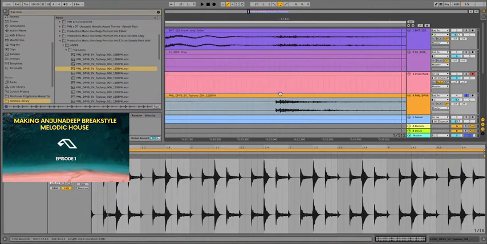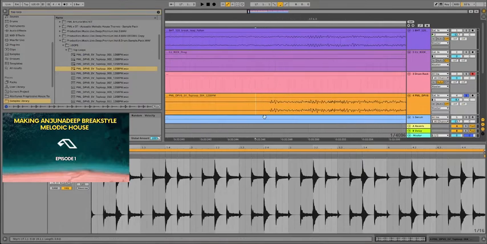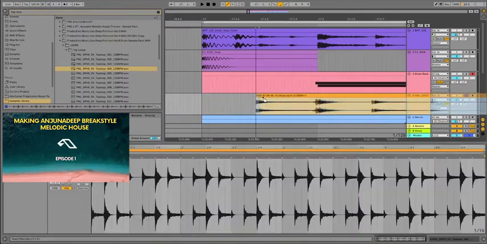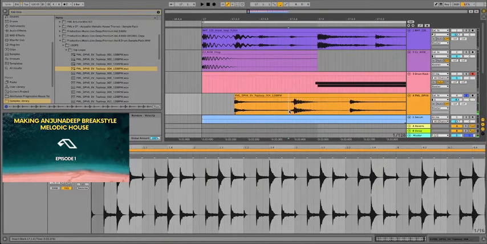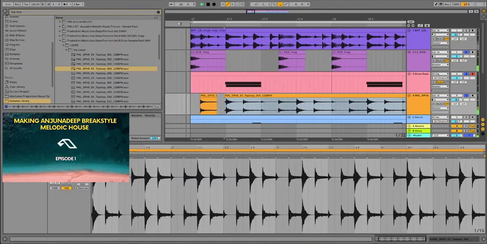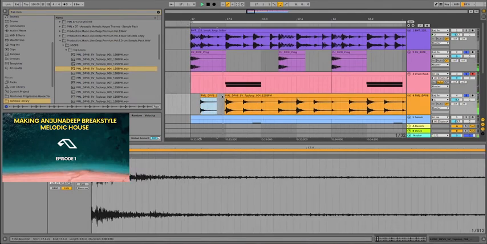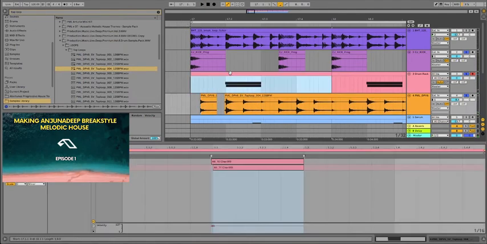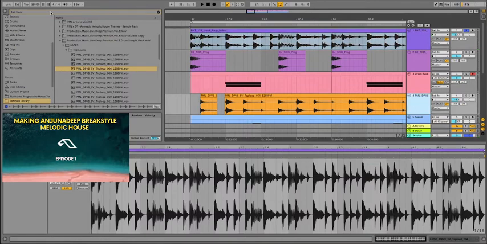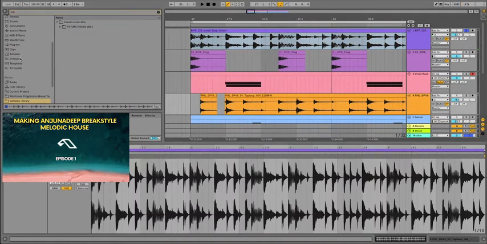Let's see if we can get inventive. I'm gonna chop this loop up and see what I can do with it. The other thing I could do is do this.